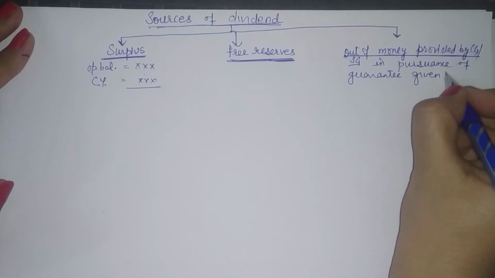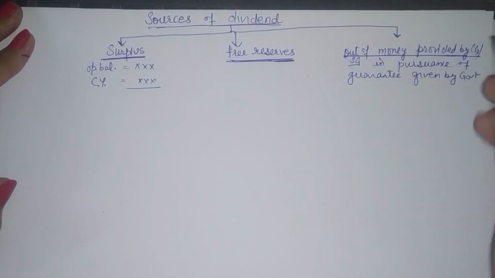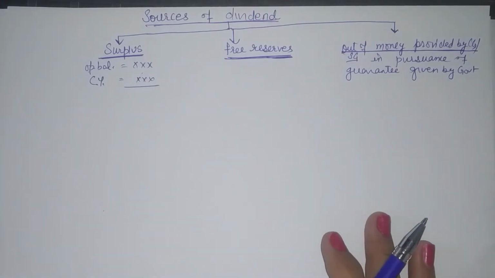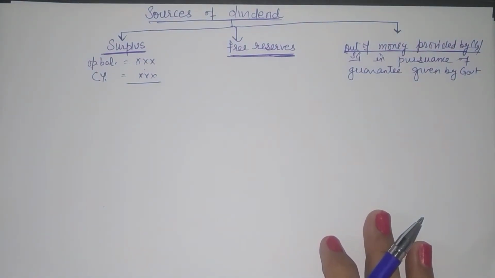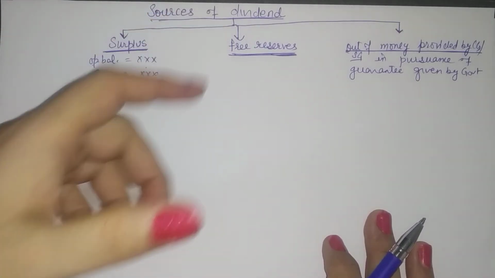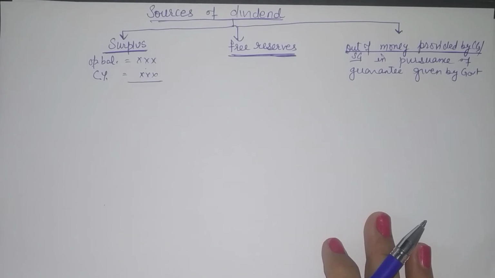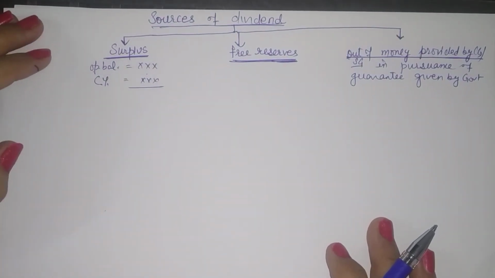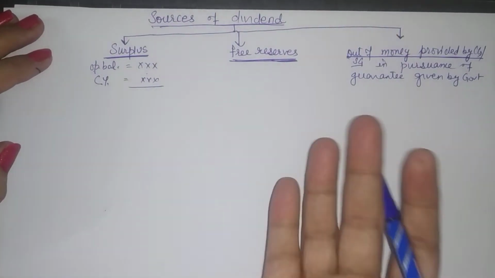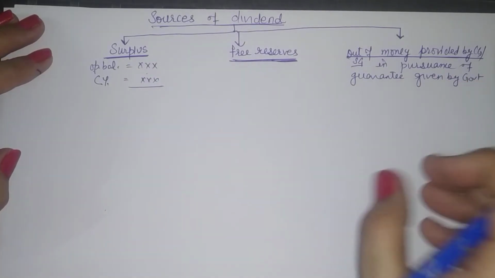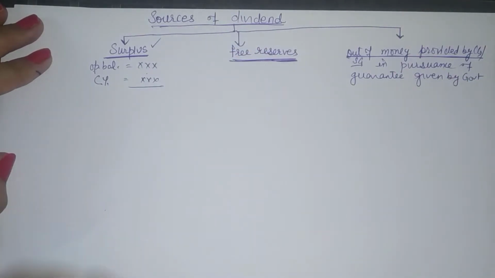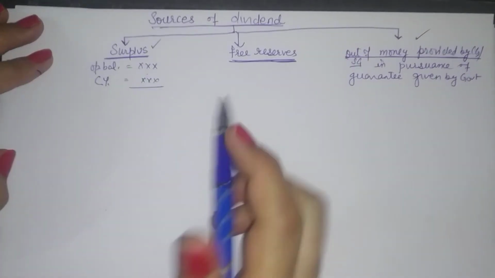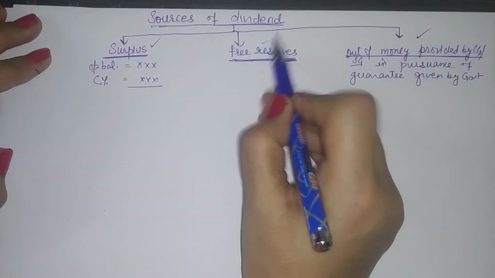given. So many a time when a government is going for the issue of shares for public sector undertakings, then they might be providing a guarantee that a minimum of this much dividend will be given to the shareholders. So in pursuance of that guarantee, if the company is not having sufficient profits, government will provide money, so that can be used. So surplus is always there. The money which is provided by the central government is put into a separate account, and that can also be used for giving the dividend, and you can use free reserves.